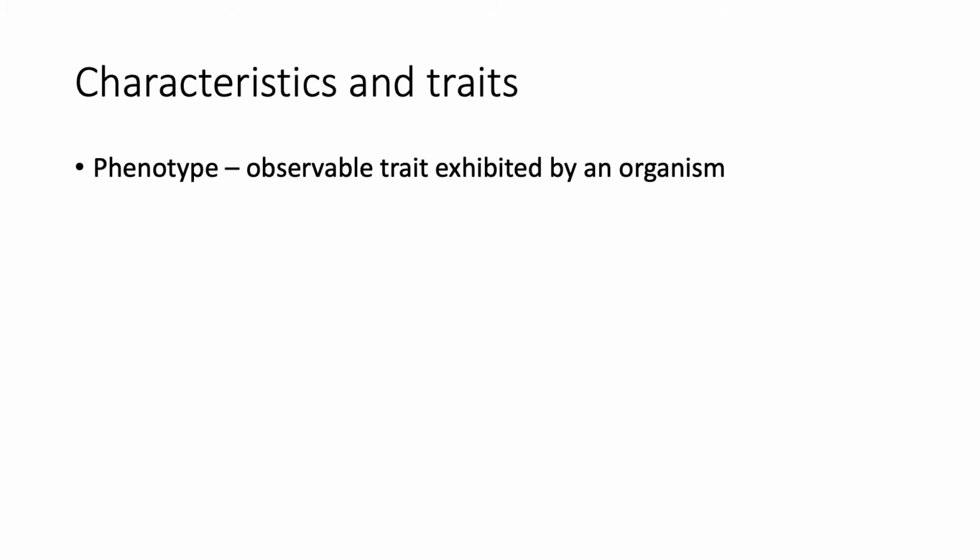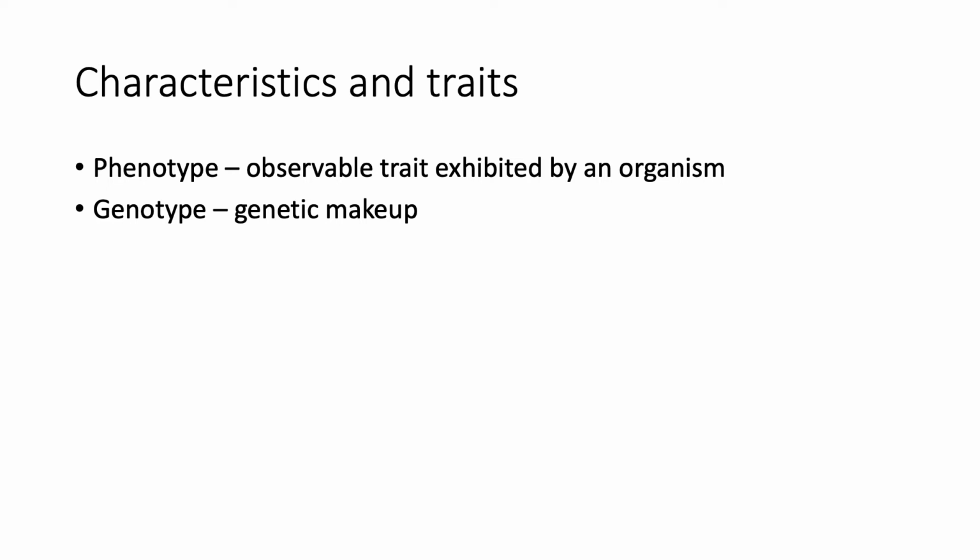Okay, now it's time to go over some terms that can sound complicated but are really pretty simple. First of all, phenotype is the observable traits exhibited by an organism. For example, hair color, eye color, and stuff like that are all phenotypes. On the other hand, the genotype is the genetic makeup of an organism. So for example, which genes actually code for hair and eye color.